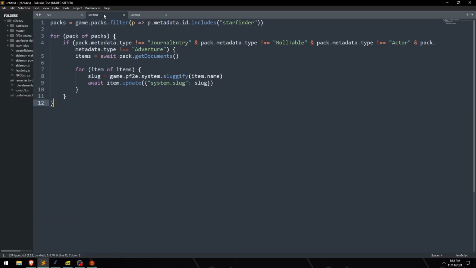Right, so I've got this script. I've got another script here, right? So this is one I don't need to actually show off, but I can show you sort of how you can do some of these things. So when you extract items from a compendium in the system, what happens is that the system will automatically create a slug for them. But that doesn't necessarily work when you extract from a module, if you even have an extract set up. Most modules won't. So most modules won't even have an extraction system. You'll just ship the database files as is. And